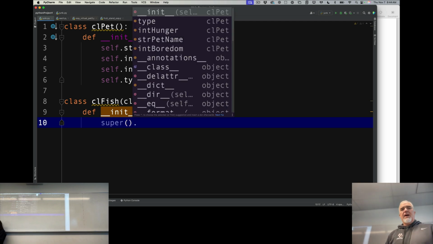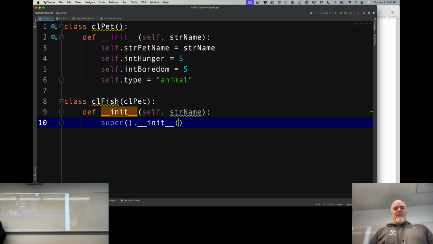And super, anytime I type the word super in a child class, what that means is I'm referring to the parent class. And you'll notice already the methods and properties of that parent class are showing up. So it knows that connection is there. But what I'm going to do is call the super class's initialization,